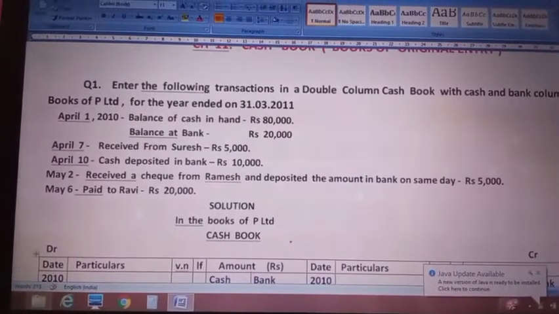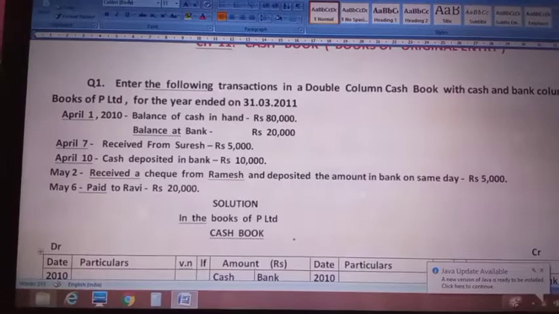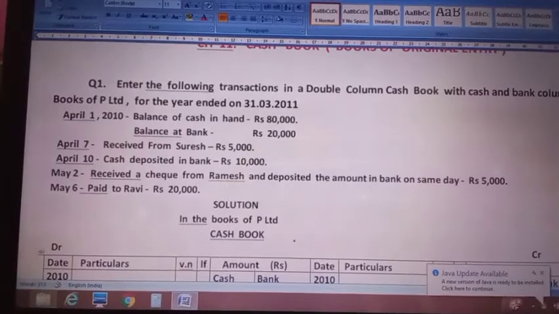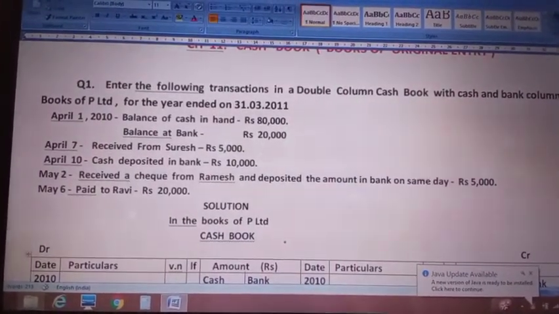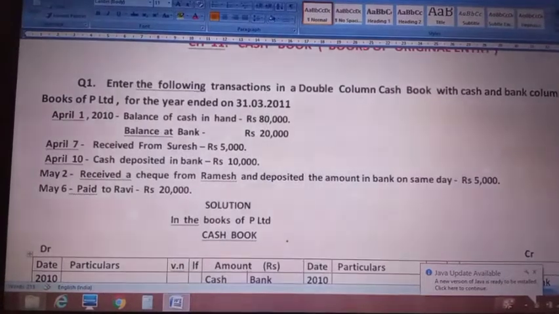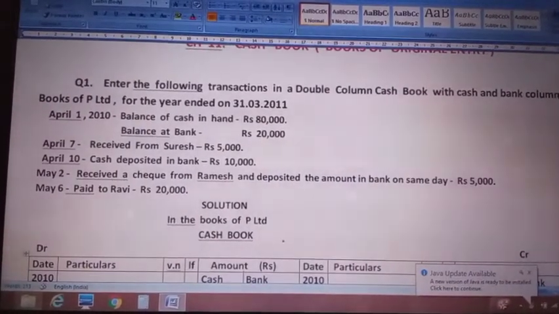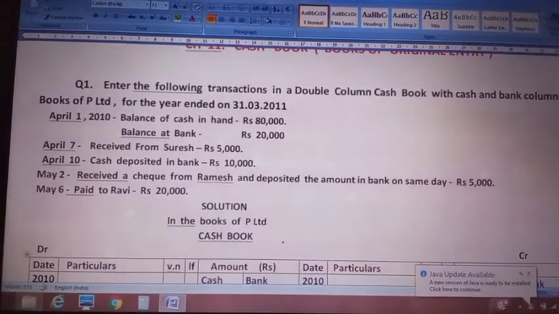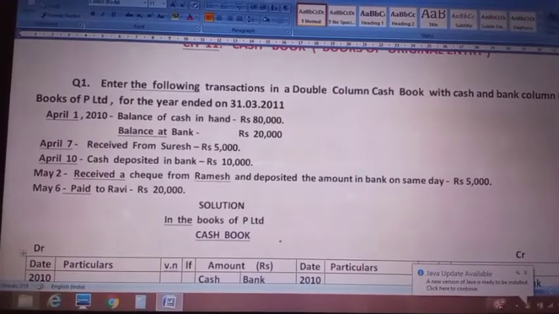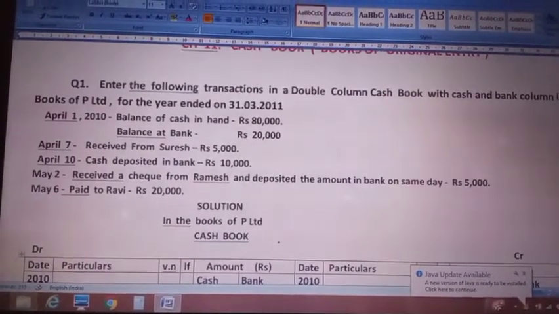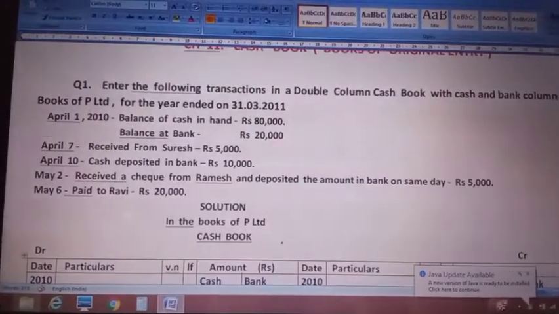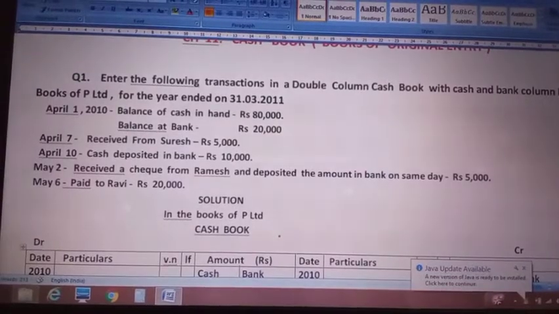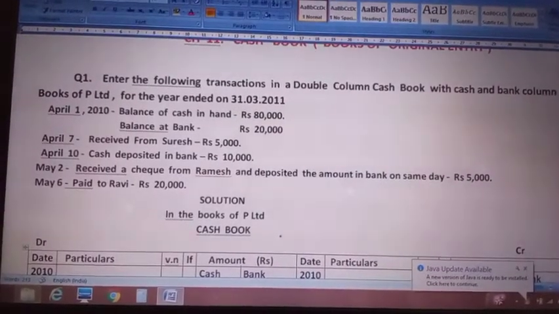So here this entry is very important because this is known as a contra entry. Contra entry means where both the bank balance as well as the cash balance will be affected by a transaction. So how does it affect? See, when we are depositing cash in the bank, the cash amount of the business is decreasing, but the bank balance is being increased, so this affects both the cash account as well as the bank account. So this type of transaction is known as a contra entry, and we will record this in both the bank column as well as in the cash column. Okay,